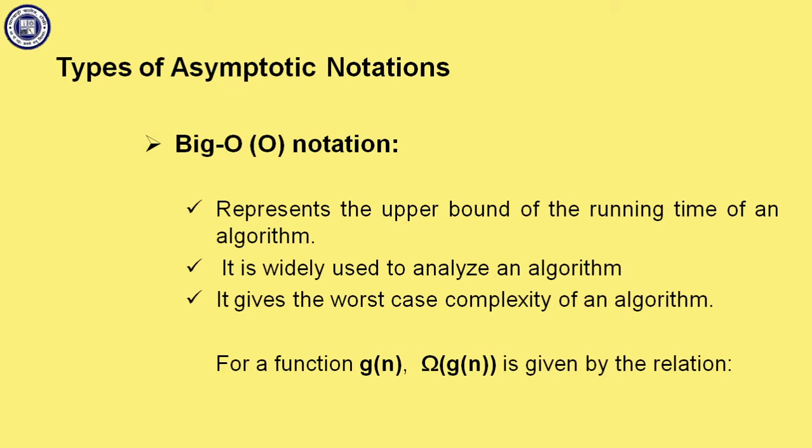So what is big O notation? Big O notation represents the upper bound of the running time of an algorithm. Since it represents the upper bound, it is widely used and it gives the worst case complexity of an algorithm. The calculation goes similarly, for any given function g of n,